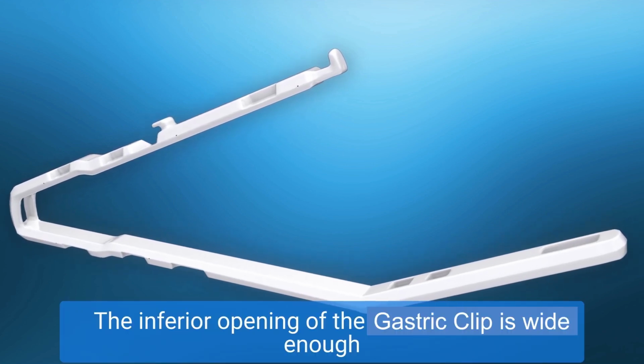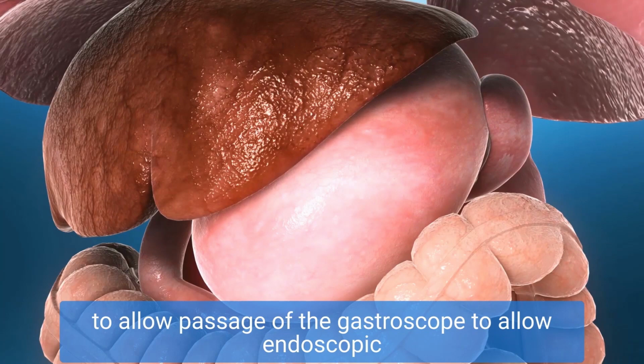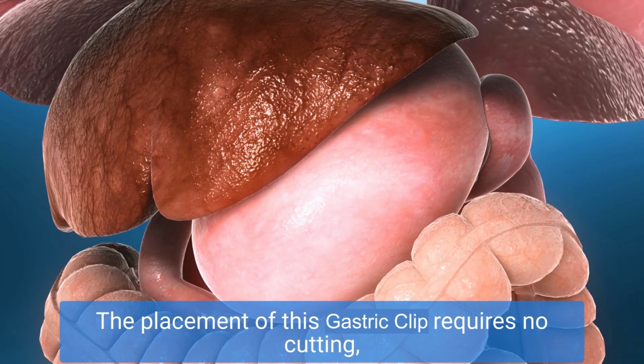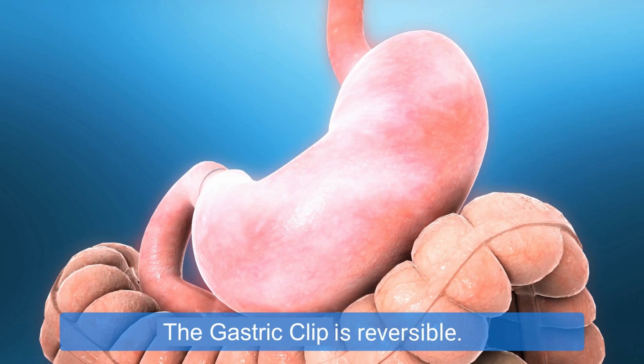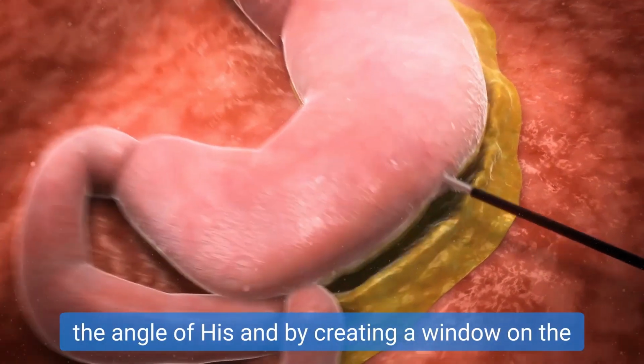The inferior opening of the clamp is wide enough to allow passage of the gastroscope to allow endoscopic evaluation of the excluded segment of the stomach. The placement of this clamp requires no cutting, stapling, or change of the gastric anatomy. The clamp is reversible. The clamp is placed by creating an opening at the angle of His and by creating